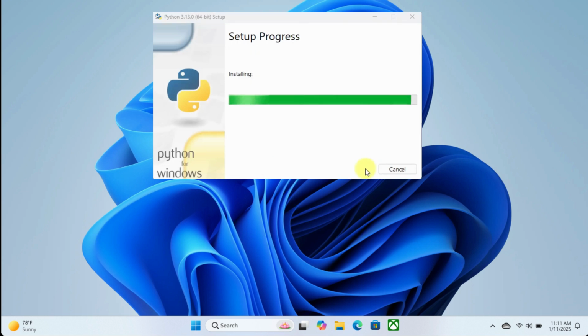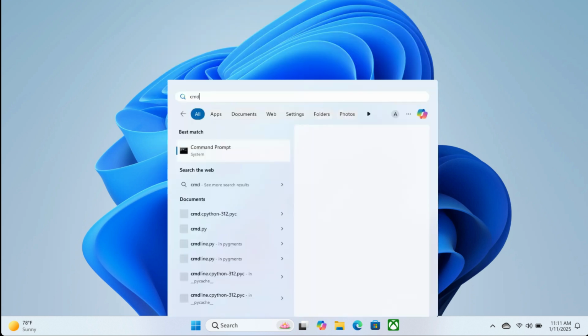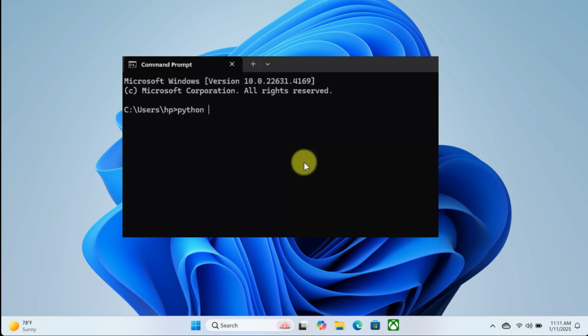Once the setup is successfully installed, you need to close it, press the Windows button, type command prompt and check if Python is installed by this command, python --version, and you will see the version of Python which you have installed, and if it is there then it means you are good to go and you are officially